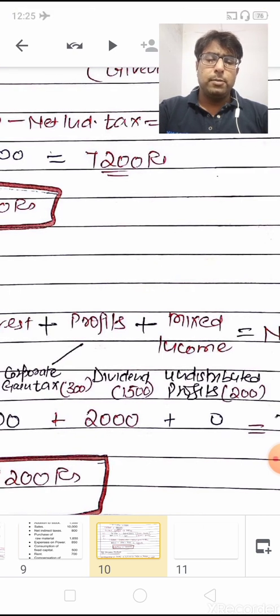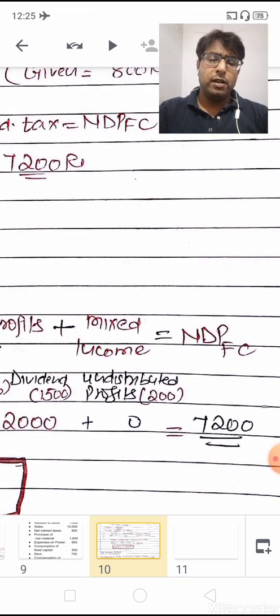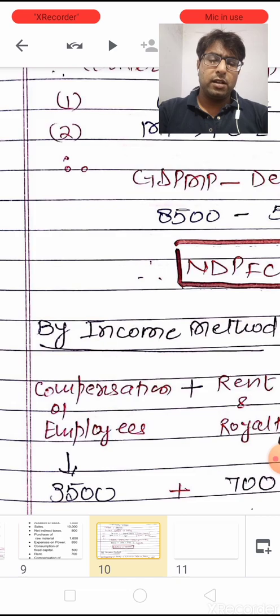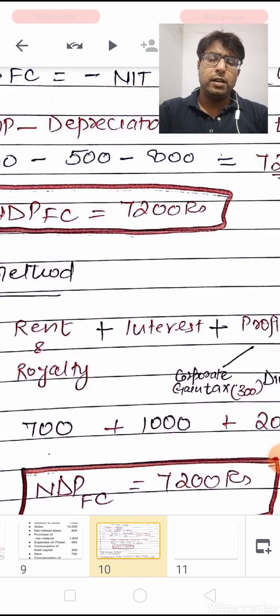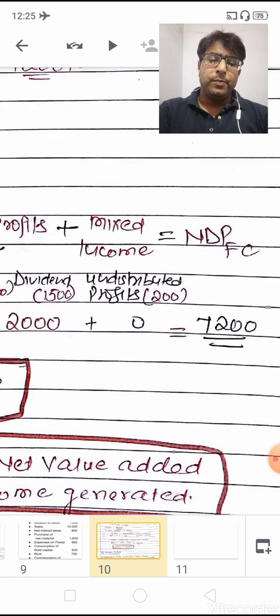So 300 plus 1,500 is 1,800 plus 200, it becomes 2,000, and the value of mixed income is 0. So children, when all these values are added together, like 3,500 plus 700 plus 1,000 plus 2,000, it becomes